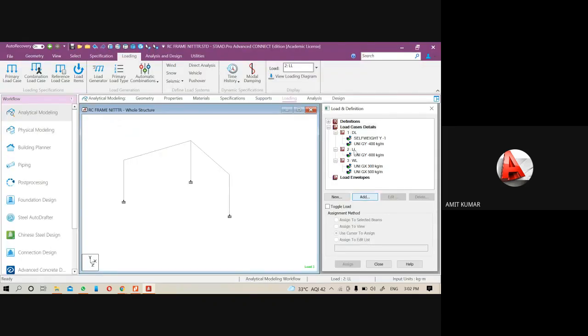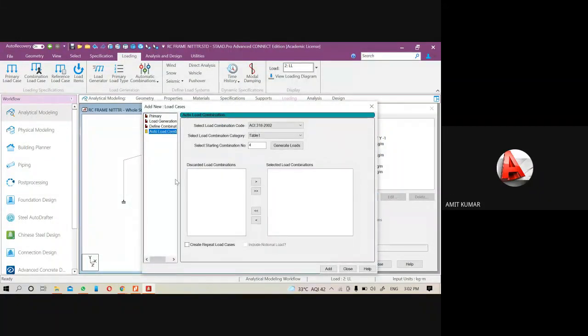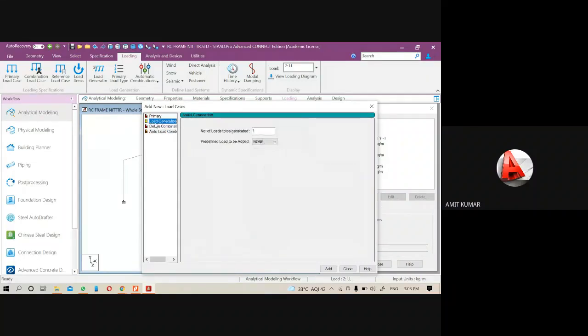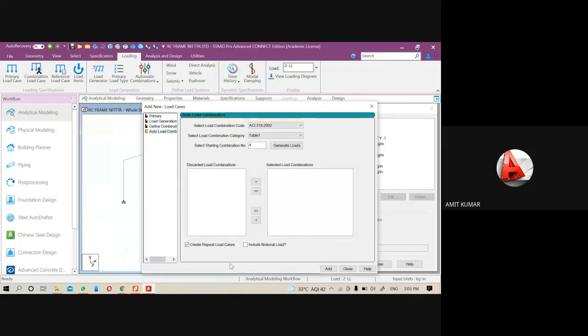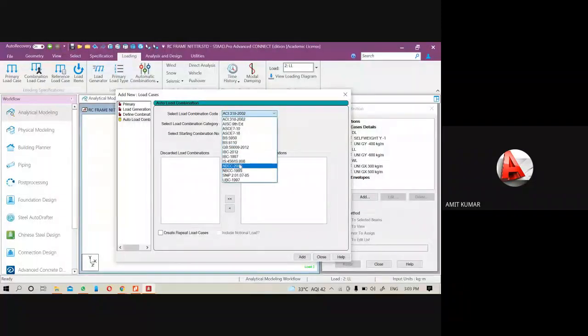So click on select the load case details, click on add, go to the auto load combination, click on create repeat load cases. Discarded load combination, load generation, let me edit. Just wait.